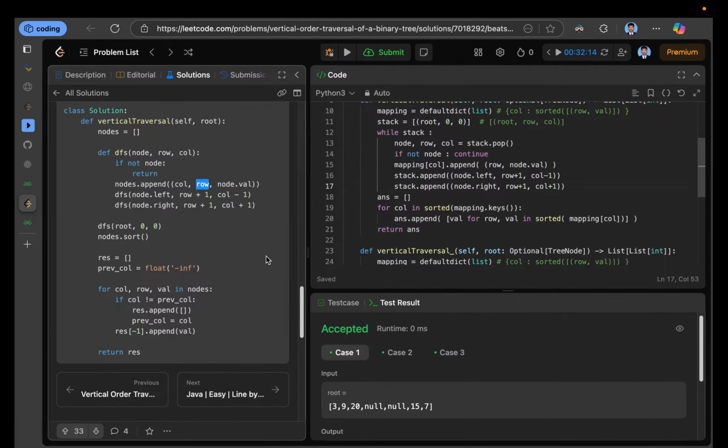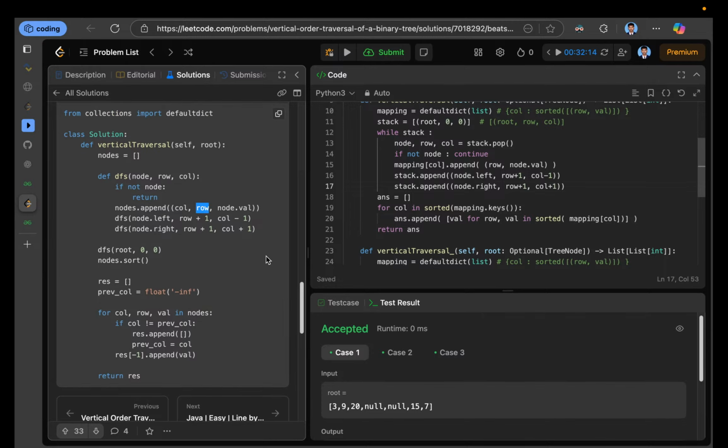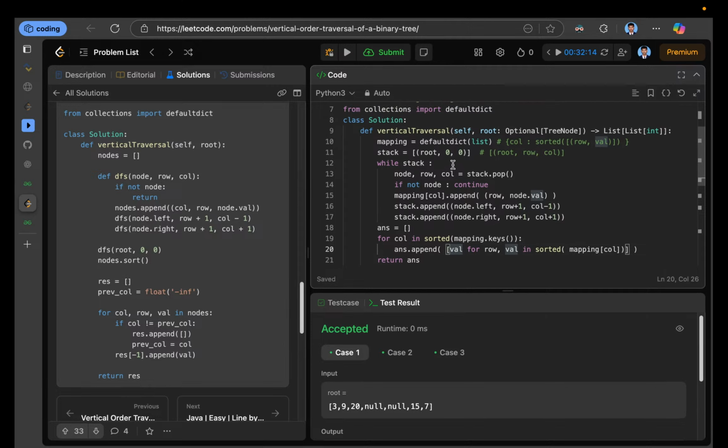Okay, and nodes dot sort. So it works in a similar way. I made the dictionary, and they just made column, row, and then node value. That's the same thing, nothing different. In place of a dictionary, they use the